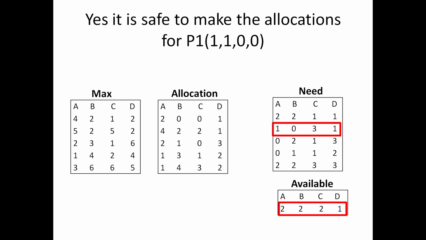This is how we can use the Banker's algorithm to verify, number one, whether the current state of the system is safe, and whether a given request can be accepted based on the result of the Banker's algorithm, whether it's going to lead to a safe state or unsafe state. Hope you understood the sample problem. So you will be given a similar problem and you just have to follow the same logic.